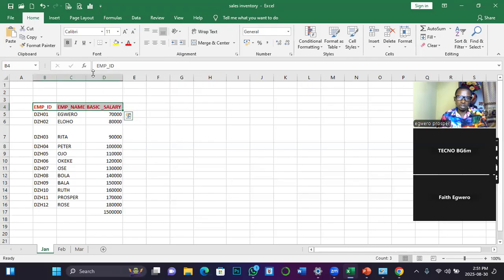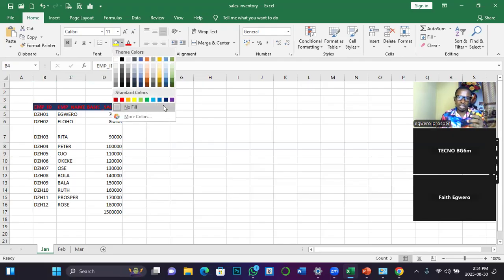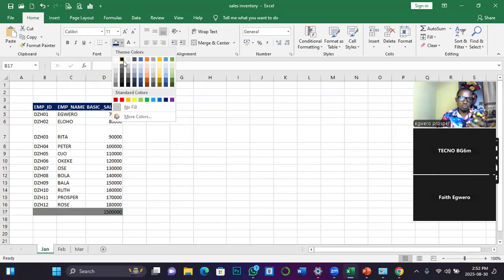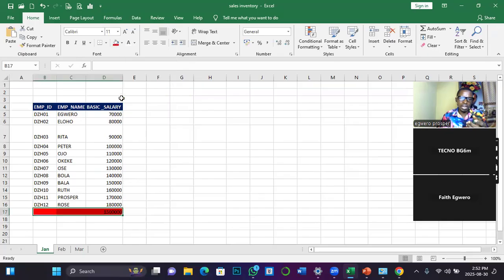So let's say I want to use this color. If I want the cell to have a background color different from the records collected under them, then I can choose this. Then I think I have to change this to make sure that the color is user-friendly. Now, the total here, I want to format the whole of this. Though that should affect this, if I want a design, I can just allow it to go across that. So just to make sure that my design is unique, I can have my total formatted with red, and then change the text color as well.